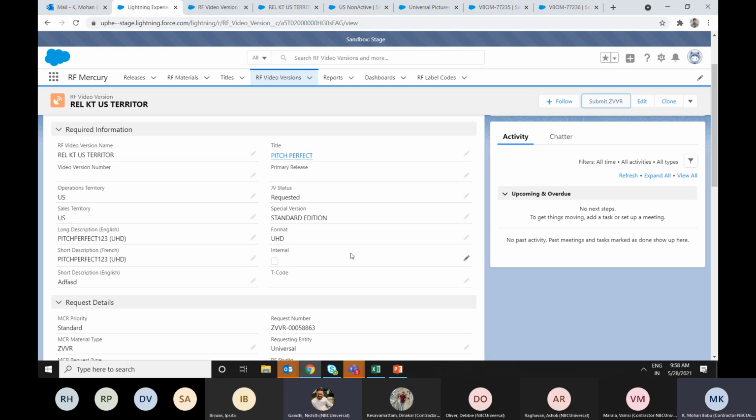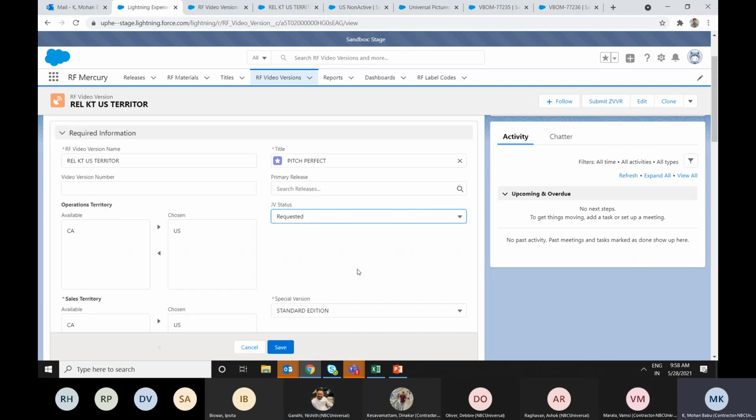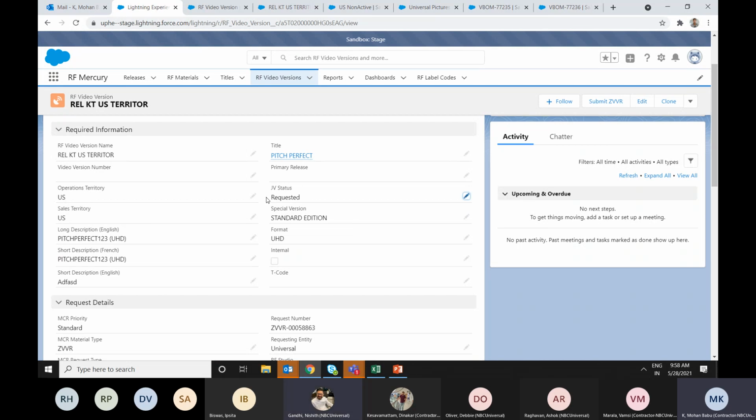And is the user able to update the video version status once it's submitted, like as system admin, or they cannot do that as well, correct? Actually, as a system admin, we have all the permissions, right? View all, modify all, so we can update it as we are doing. But for a brand user, we are giving access only to submit. It will get updated to requested. After that, they cannot change it. So everything will get processed from the backend.